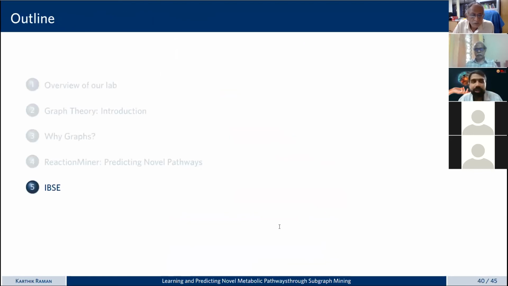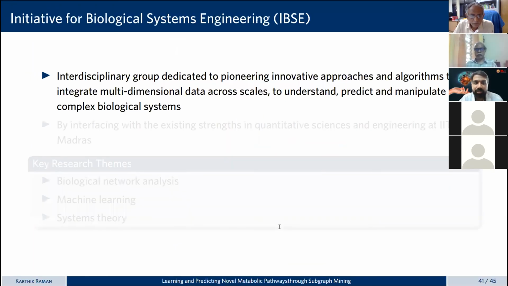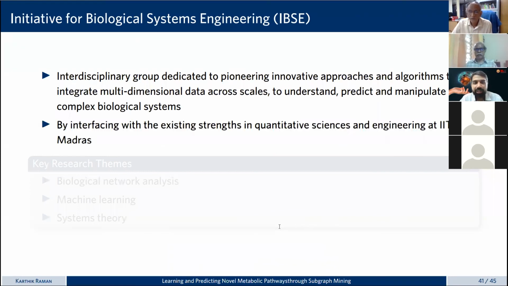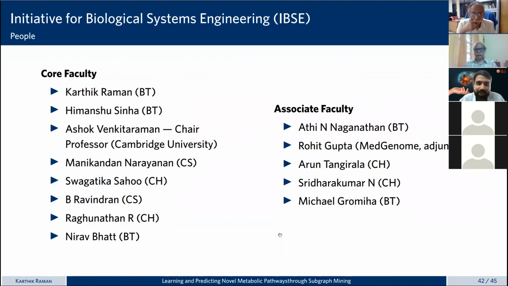So I'll quickly talk to you about our initiative on biological systems engineering at IIT Madras. It's an interdisciplinary group, where we are trying to interface with the existing strengths in quantitative science at IIT. And our key themes are biological network analysis, as you can already understand, machine learning and systems theory. We have quite a few faculty associated with the center. So we have core faculty from chemical engineering and computer science, and of course biotechnology, and associate faculty from, again,